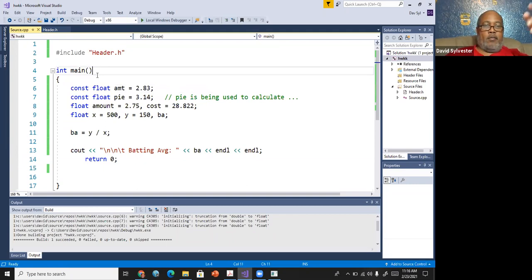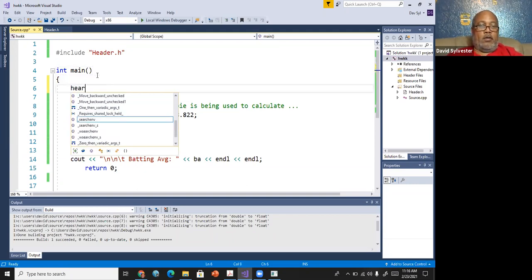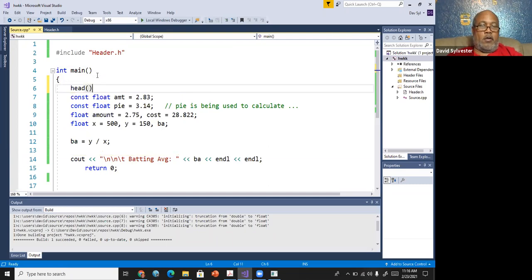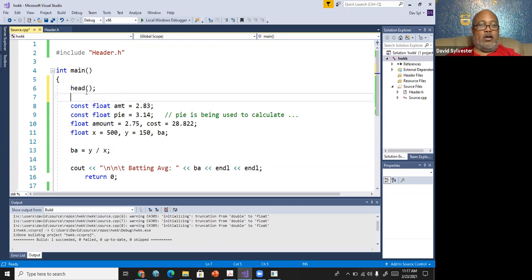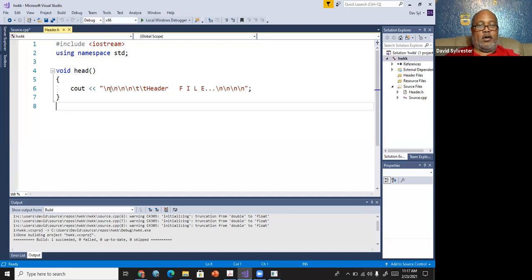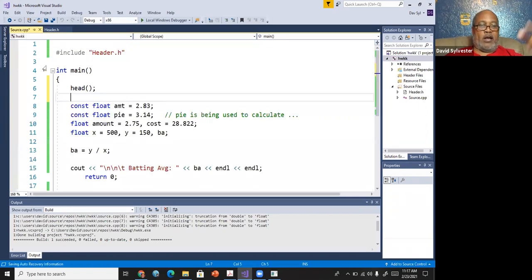So in this program, what I can say is I want that information here. What I've just done is called this module into this program, and when I execute this program now, it's going to go here and give me 4 new lines, then tab twice and output the header file, then 4 more new lines, and then return back to the program.